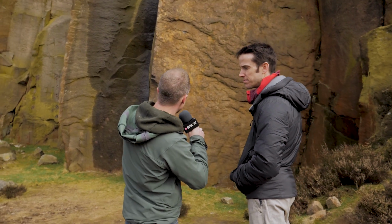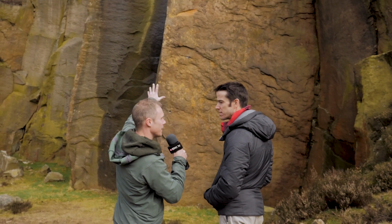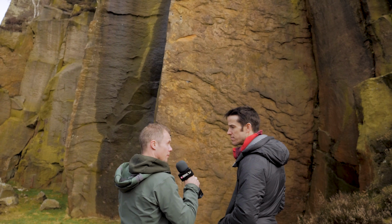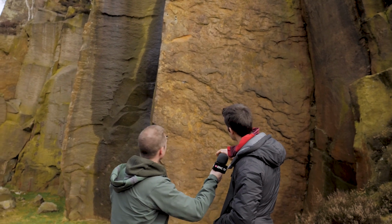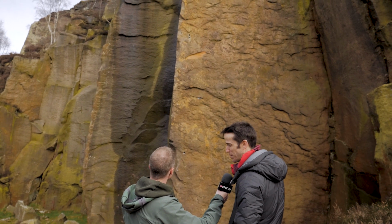To talk through the route, it's fairly unprotected up to the shot holes that you can see kind of midway, and then there's kind of weird cams, and then you have to do the rest of it with no more gear. Yeah, it essentially breaks down as a really high ball, so sort of like a super high ball, to the shot holes where you get two,